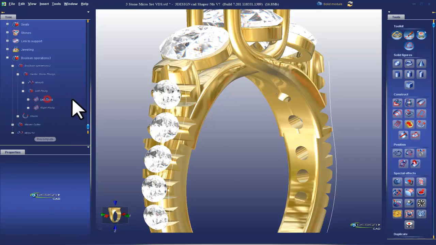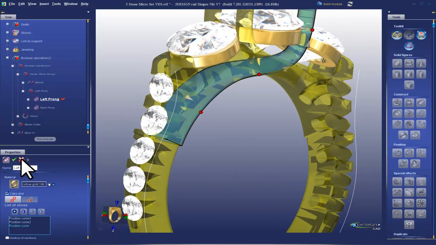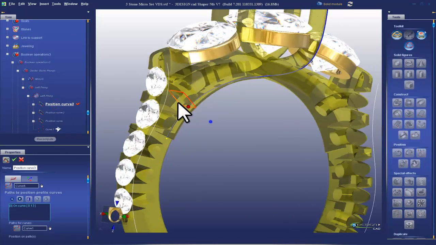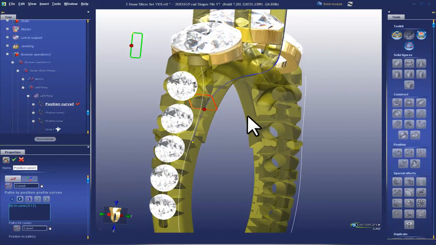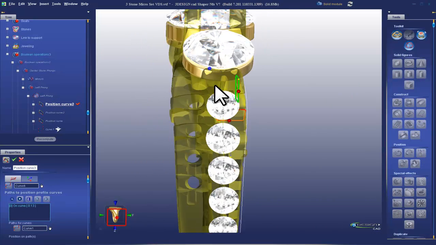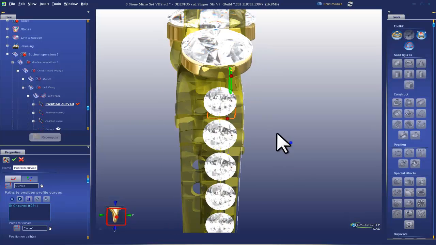So left prong was the first one I did, and here you have it. So we will take this last position, this one here, and we need to push it over towards the 0. So this is the correct direction here, and validate,